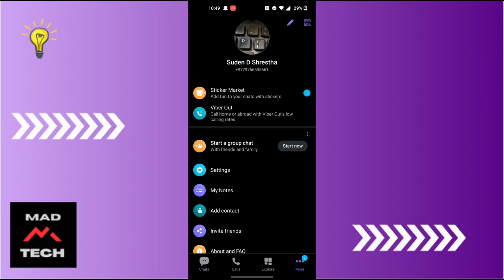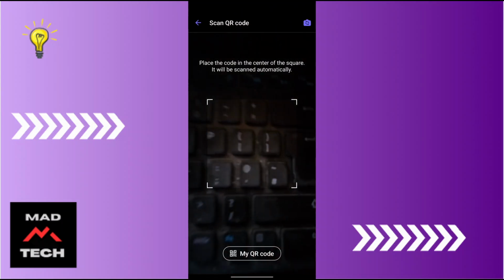And on this interface, guys, at the top right corner of the screen, you can see there's a QR code icon available for us just beside the pen icon. Tap on that QR code icon at the top right corner of the screen, and you land over here, where